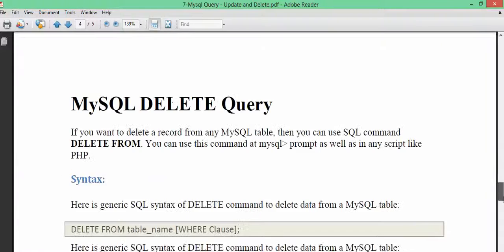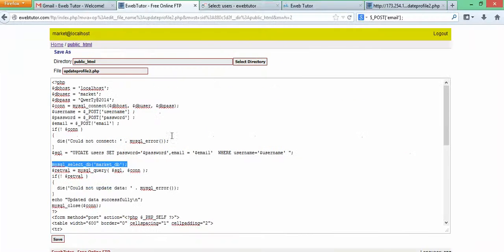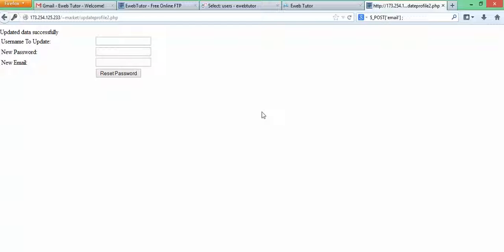The next thing we are going to talk about is the MySQL delete query. It's possible that you have users with accounts, but you can create something on your site that tells the user, okay, you can unsubscribe. Some people call it unsubscribe, some people call it deleting accounts. Note, not every site creates a delete account option. But in most sites, they call it unsubscribe. So in case you want to create this kind of thing, unsubscribe, what does unsubscribe make use of? The delete